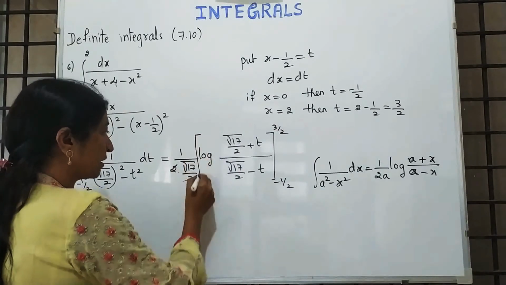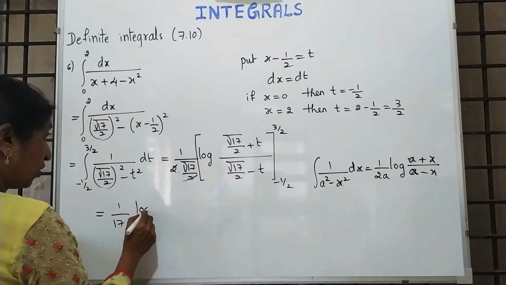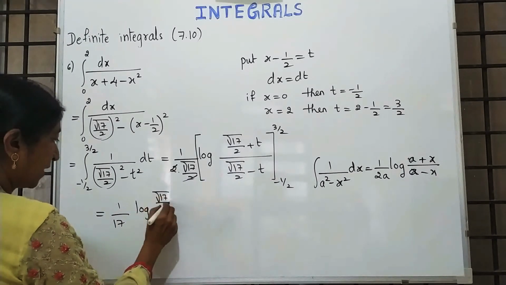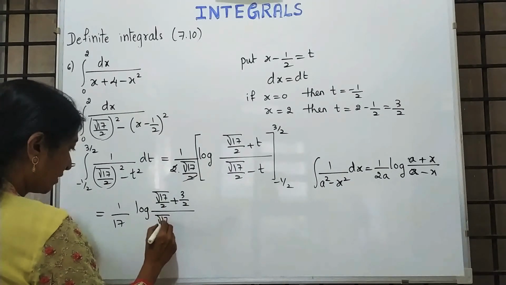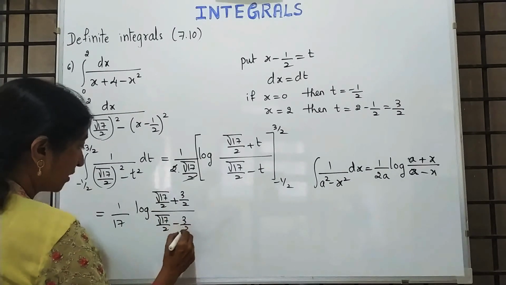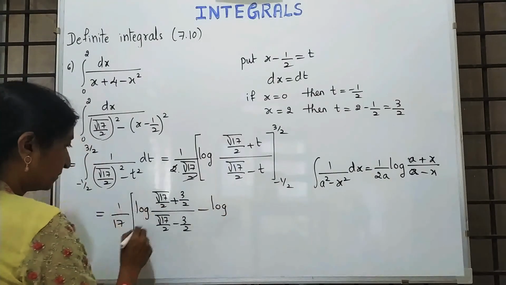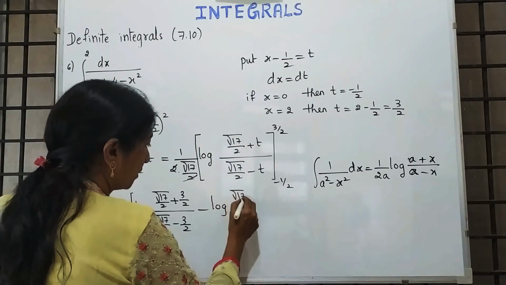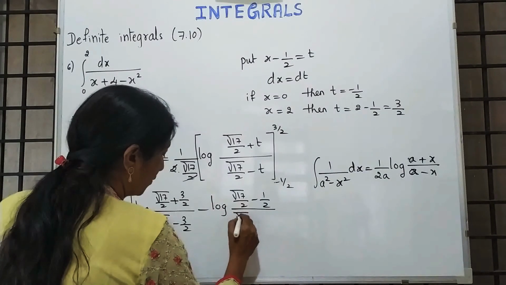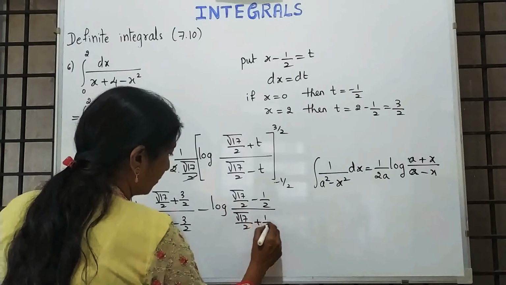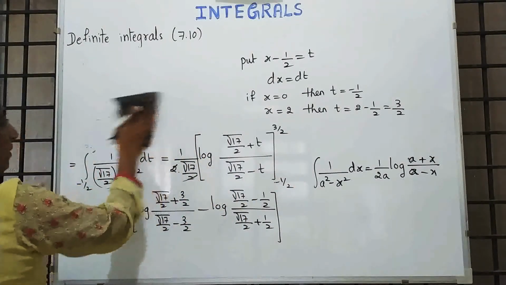Here the 2 gets cancelled. 1 by root 17 log of root 17 by 2 plus 3 by 2 upon root 17 by 2 minus 3 by 2. First we have to write the upper limit. Minus log of root 17 by 2 minus half, plus, but it is a minus half, upon root 17 by 2 minus, into minus becomes plus. Take the LCM and simplify. You will get